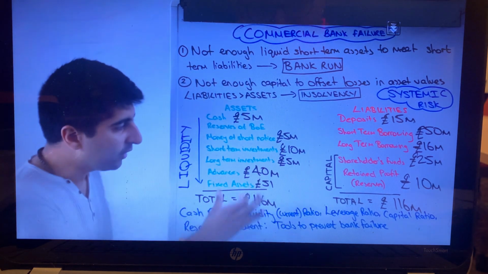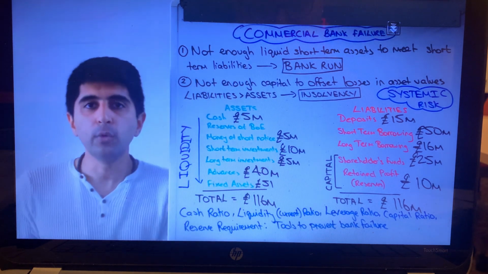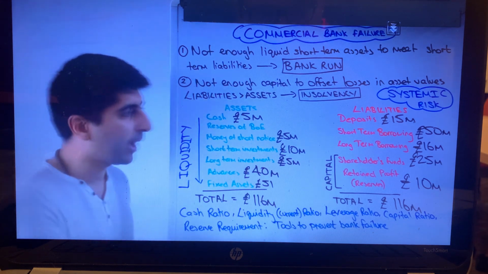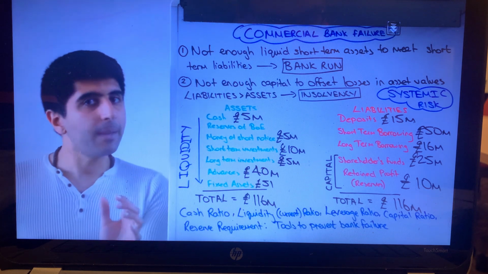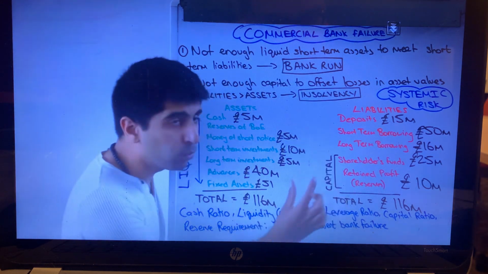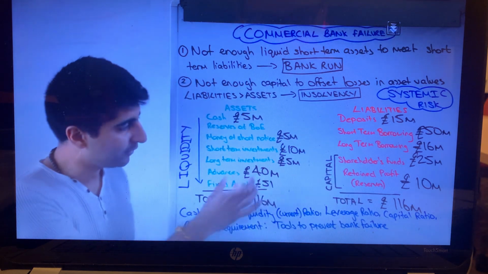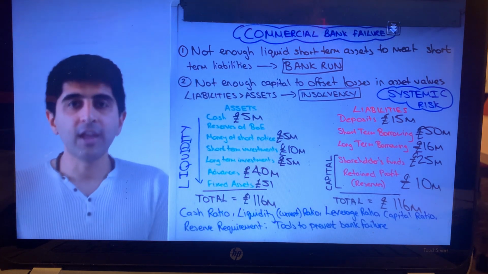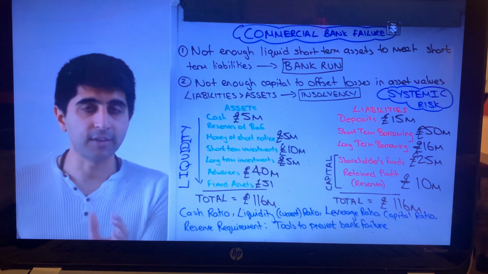What's going to happen? Well, £40 million worth of advances go, which means that total assets would be £76 million. But only £35 million worth of capital is what the commercial bank has, which means liabilities can only fall to £81 million. That means that liabilities will be greater than assets if all these loans go bad. The bank will owe more than what it owns. That is called insolvency, as we've learned. This bank will fail in that scenario there.